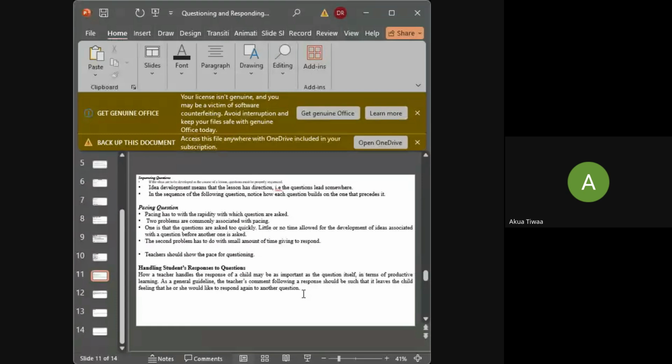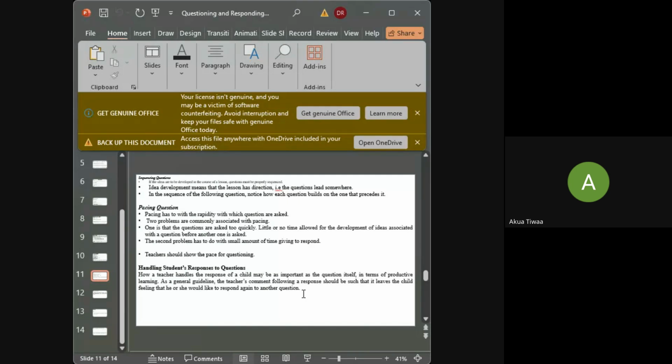And then we have probing. It often happens that a child's response is only a partial answer to the question. The teacher wants to encourage a more complete answer, and this can be done by probing for additional information. Such statements as these can be used for that purpose: Can you say a little more about that? So we are probing, trying to bring out the things in them. Probably it was partially answered, so you want more answers.